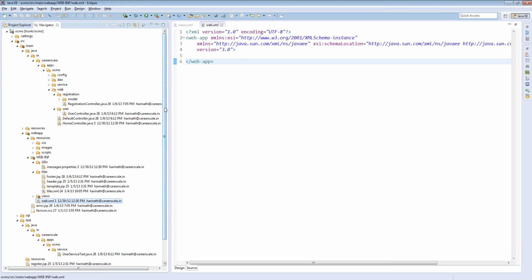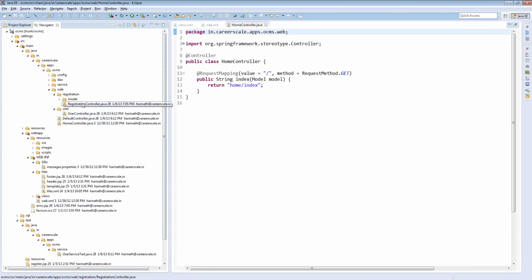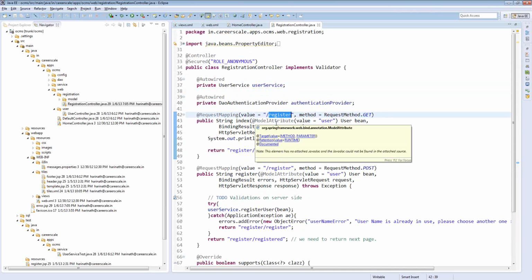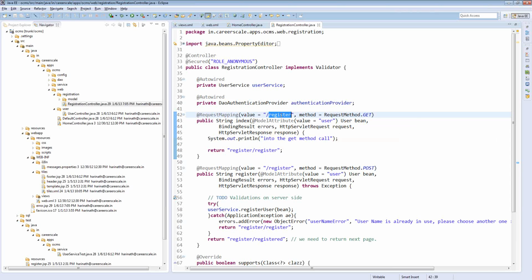We use a lot of annotations. With the latest Java version, you have a lot of annotations, and if you have noticed here, for every path, see here, the request mapping value is /register. So that means that when the user uses this particular path, this method will be invoked. So what really happens with the annotations approach is that during your application loading,